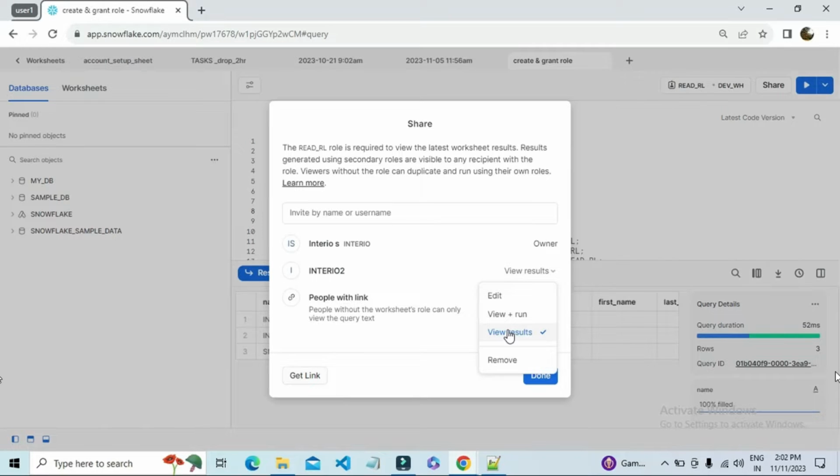View result will allow interior 2 to view only the result executed by user 1 through the SQL queries. However, user 2 won't be able to edit the SQL queries or run the SQL queries through that worksheet. And when we give the view+run grant, user 2 will be able to run the SQL queries written in the SQL worksheet by user 1. However, he won't be able to edit the SQL queries. I have given view+run to interior 2 and I will click done,